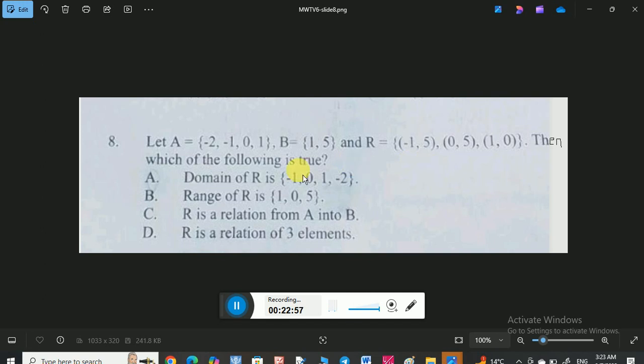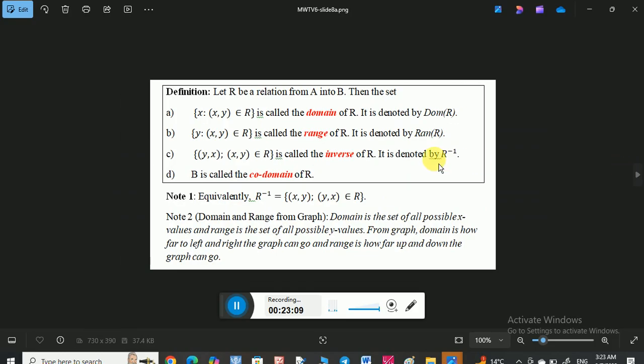To answer this question we have to recall relations and other concepts related to relations, such as domain, range and so on. Okay, let us recall the definition of